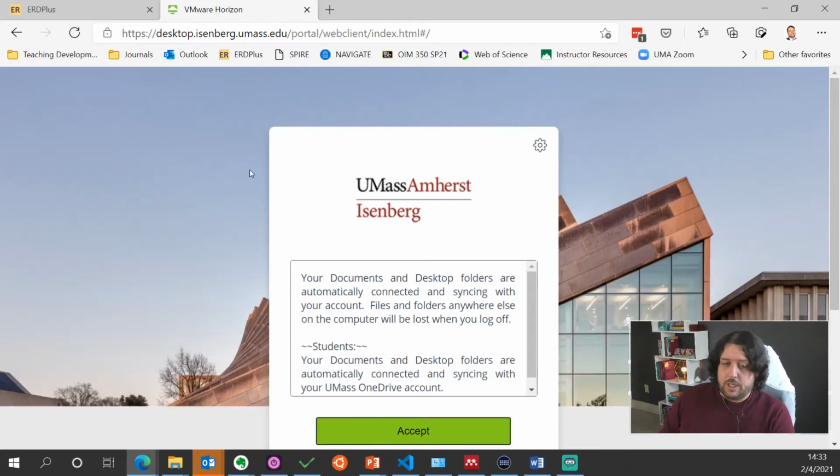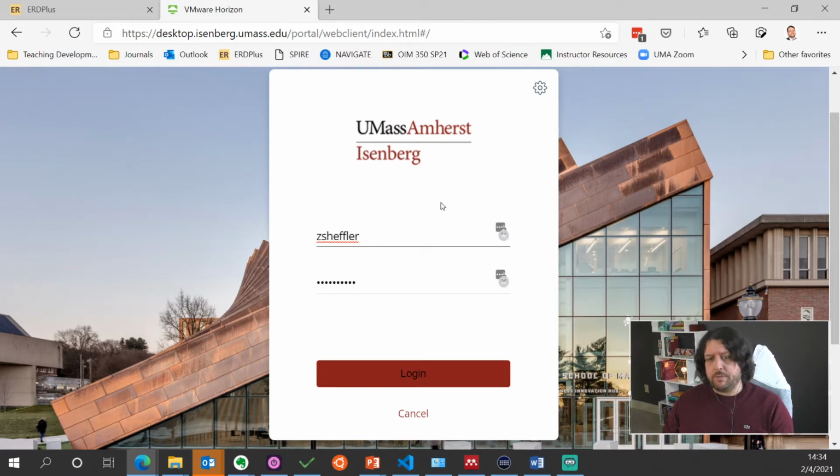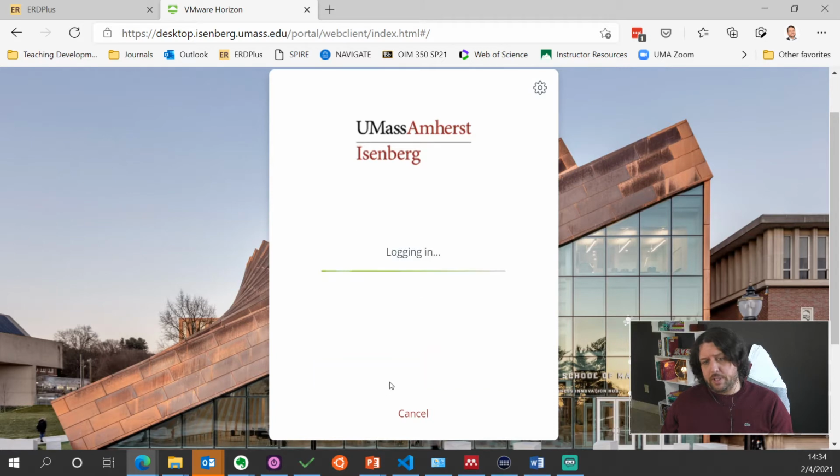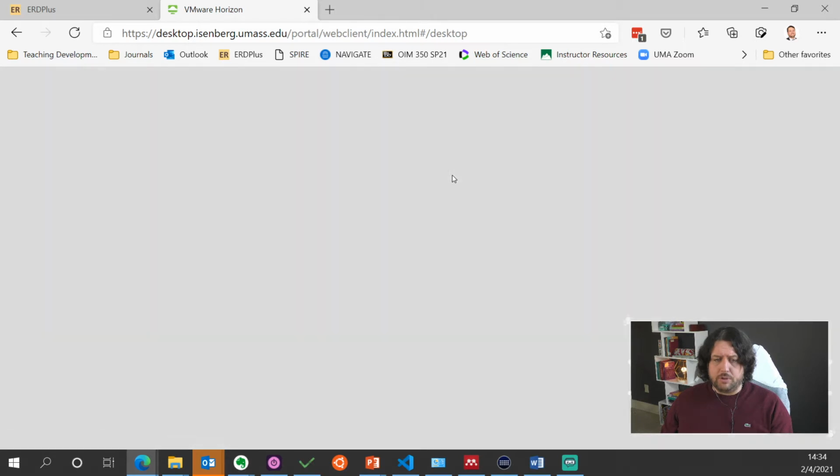This is quite a bit improved over the previous iteration from last year, in the sense that you actually have everything synced up with OneDrive. You're going to use your Spire username and your Spire password here, and you'll log in. You're going to be presented, I believe, with only two options here. I have a couple extra because I'm faculty. But you're going to go to the student computer lab,